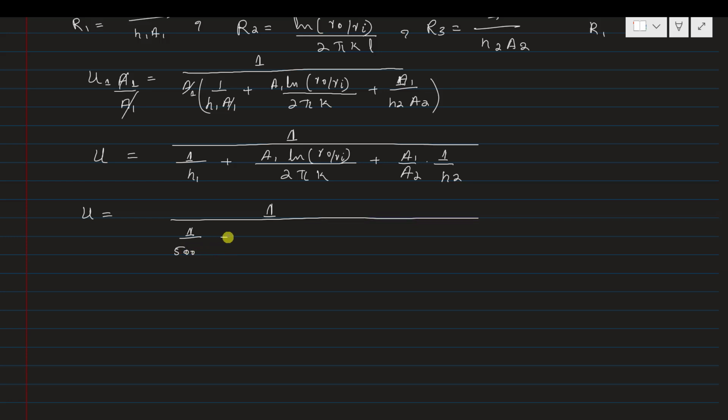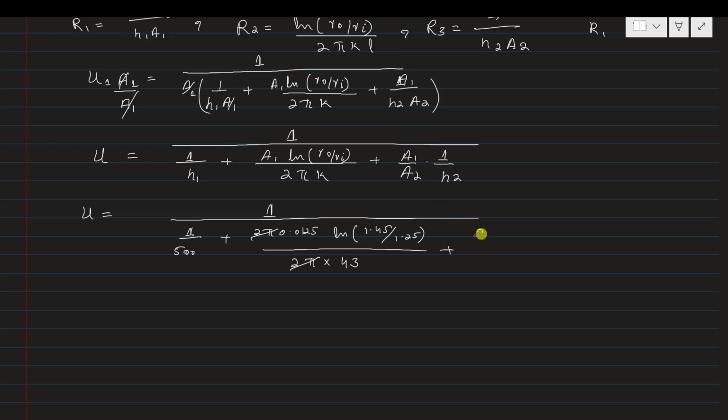500, plus 1 divided by, A1 is 2 pi R1, that is 0.0125, times ln of 1.45 divided by 1.25, divided by 2 pi multiplied by 43. The value of k for the steel pipe is 43. So this 2 pi will be cancelled out with this 2 pi, plus